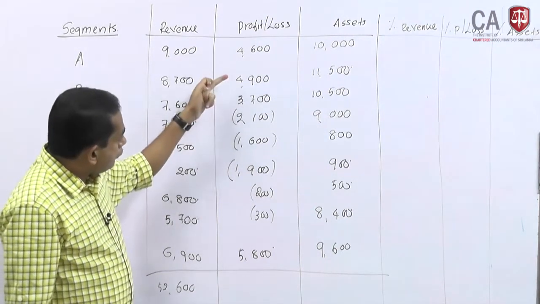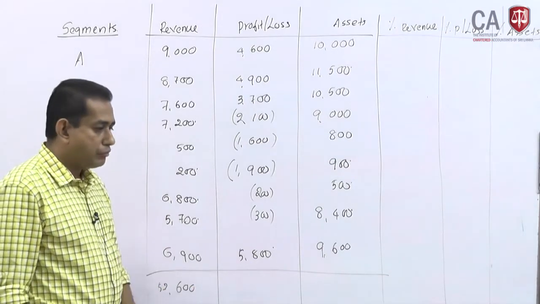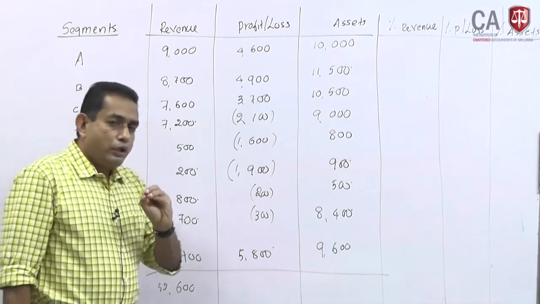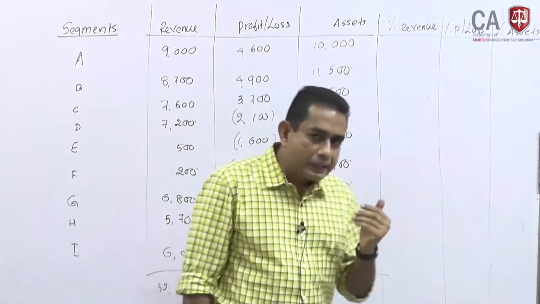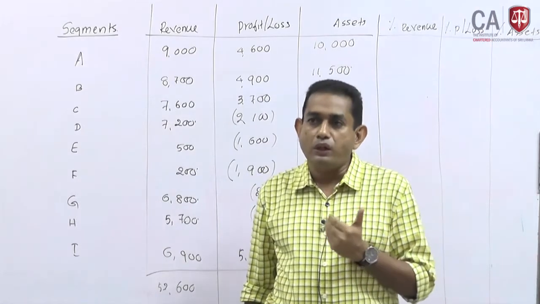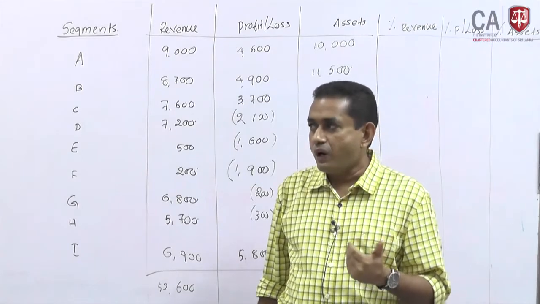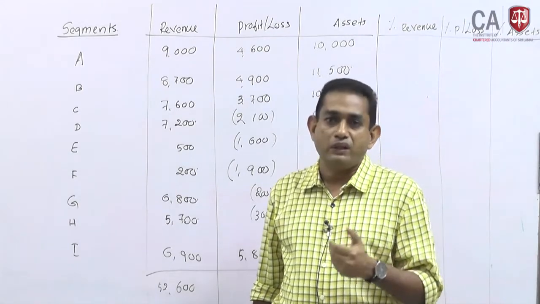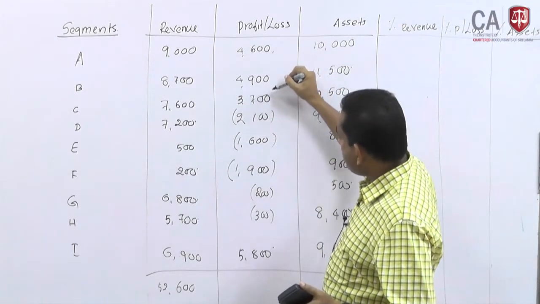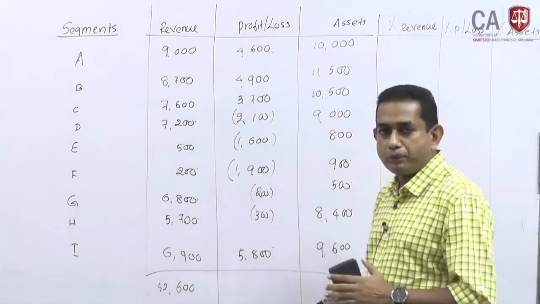Now you cannot net off the profits against losses and put the net figure here. That is not what is required by SLFRS. So what it requires is something else. Let me explain what it is. You need to combine, aggregate the profits of the segments that reported only profits and put it separately. Also you need to take the aggregate losses of all the segments that reported only losses. Then you need to isolate A, B, C and I separately because they are the segments that reported only profits,